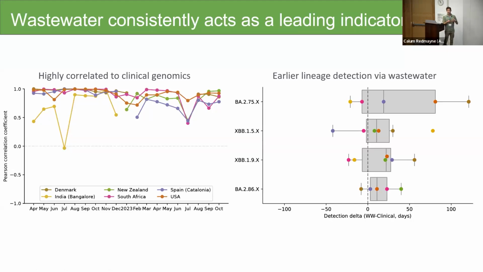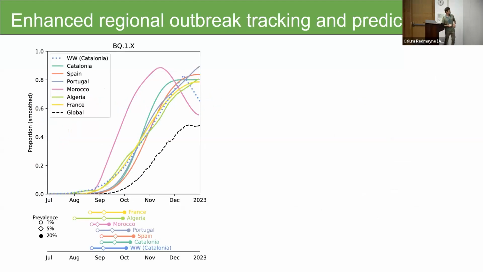In general, we see that these signals are highly correlated. On the left-hand side, we see really high correlation coefficients associated with the actual variant breakdown across these different surveillance programs with respect to clinical data. And also we see slight biasing, about 10 to 15 days or so, generally in wastewater ahead of clinical surveillance. So you can see these are detection dates on the right-hand side. And in general, not everything is always detected first in wastewater, but in general, things are right-shifted, suggesting that wastewater is generally finding things ahead of clinical surveillance.